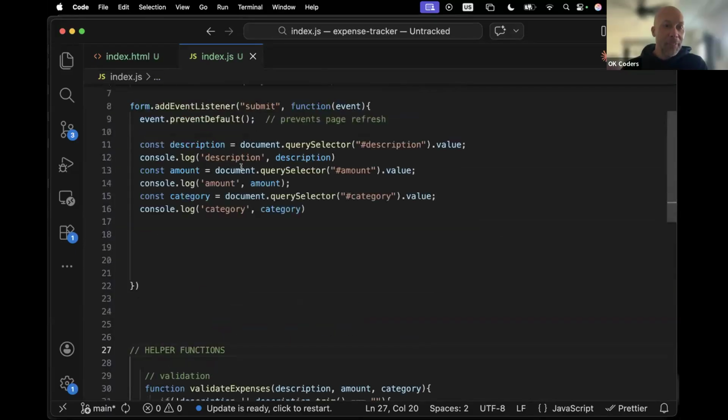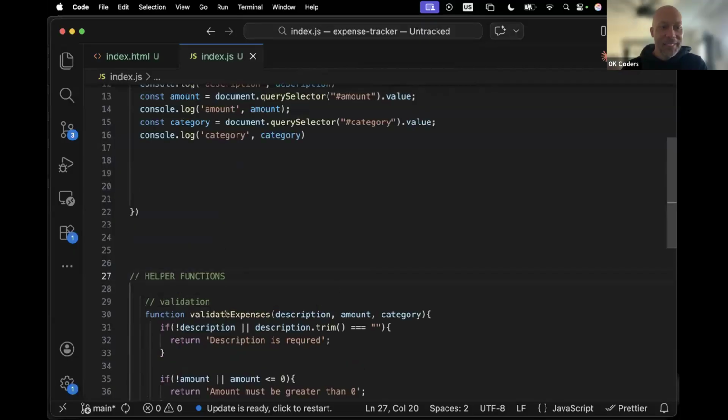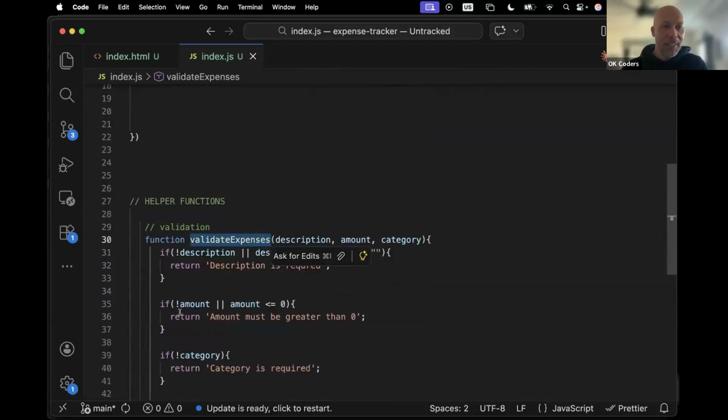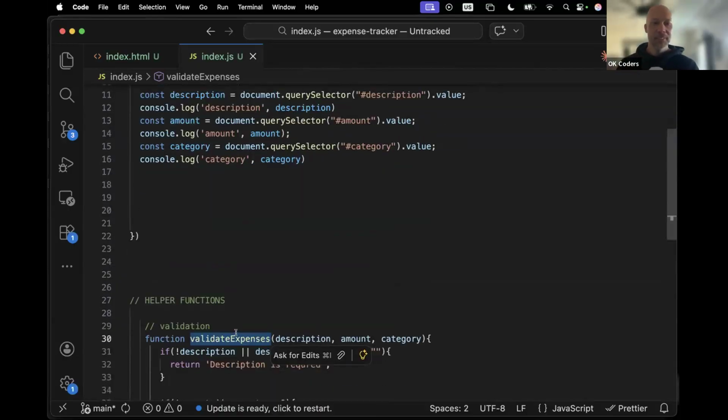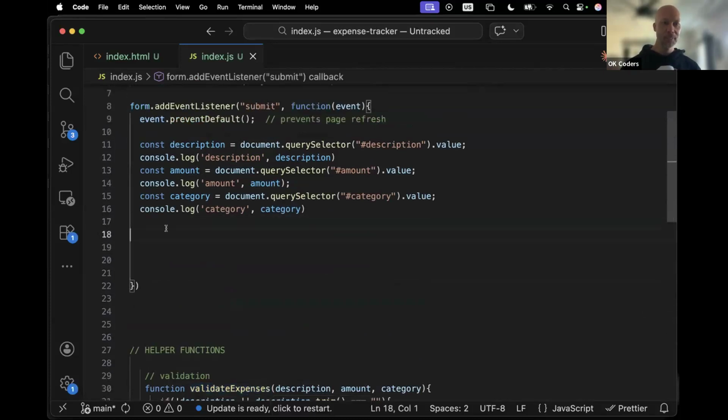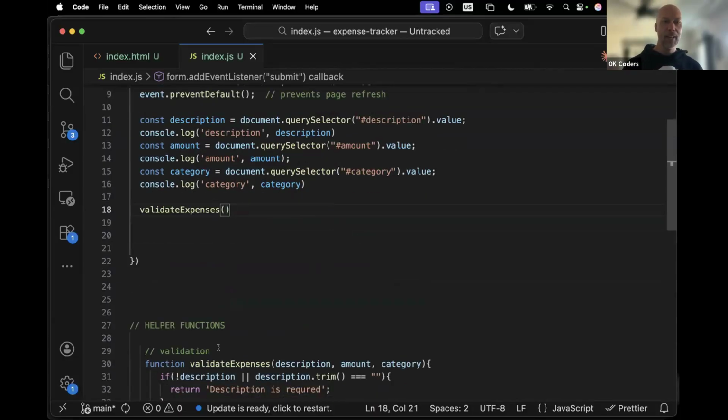It's not being called because I haven't called it. That's why. So I defined the function, right? But I never actually called it to be used anywhere. So we need to take it and actually call it after our deal here. So we're going to call the function here, right? And we have three parameters that are required to be passed to it. So we need to pass in our description, our amount,